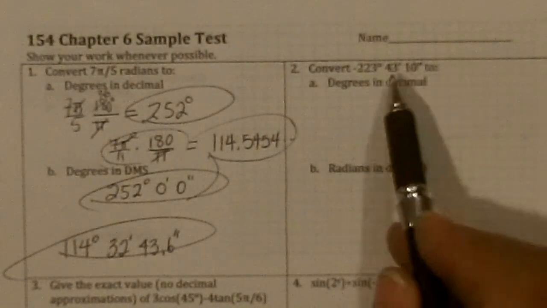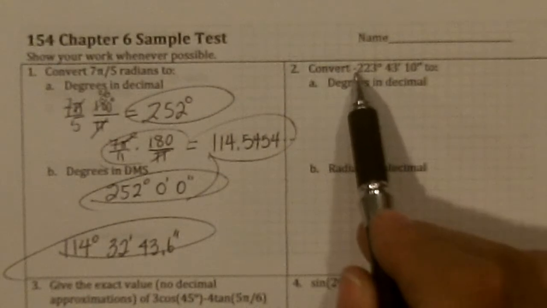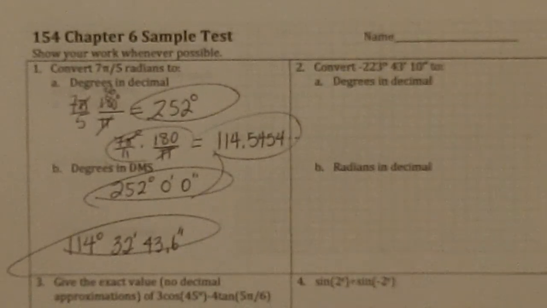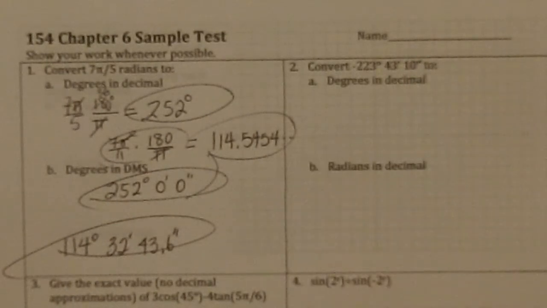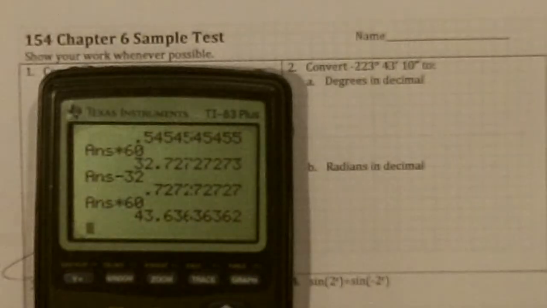Now we're reversing it. Notice this is a negative angle, so we've got to be careful here. It means that's negative, and that's negative. It's all negative. To degrees in decimal. So I've got negative 223 degrees, and then I got also a negative